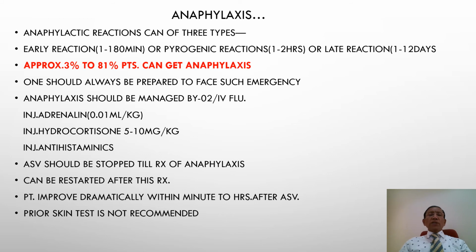The anaphylactic reactions can be of two types: early reactions or pyrogenic reactions, or late reactions. Approximately 0.3 to 81%, you can see the range. 81% of the children can get anaphylaxis. So one should be prepared to face such an emergency. Anaphylaxis should be managed by